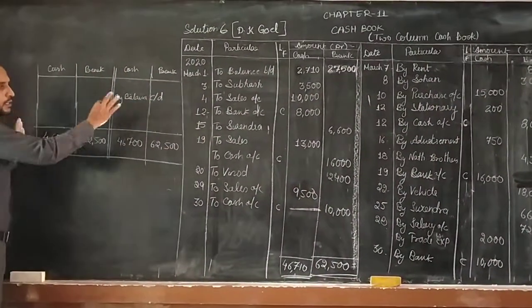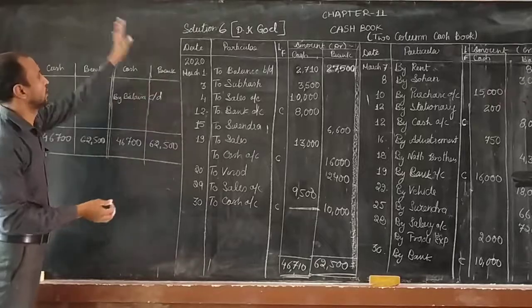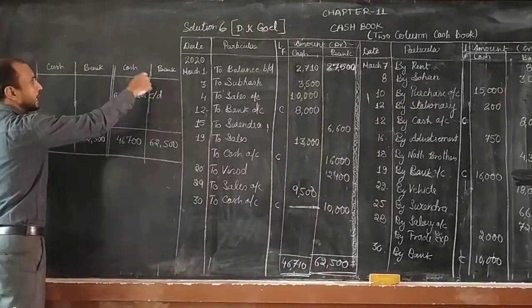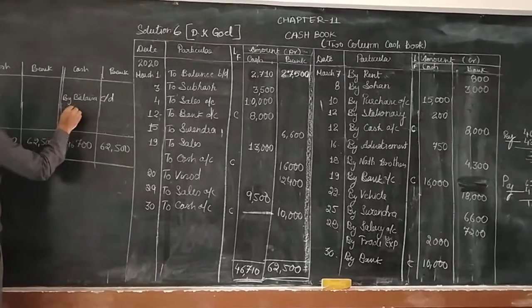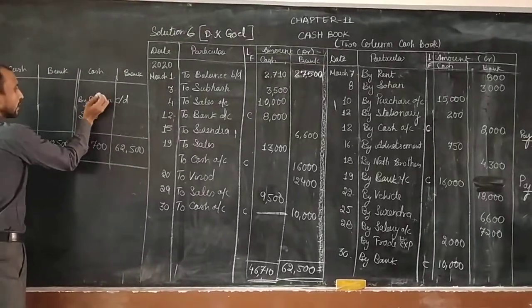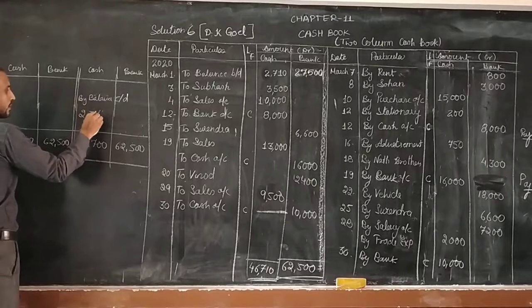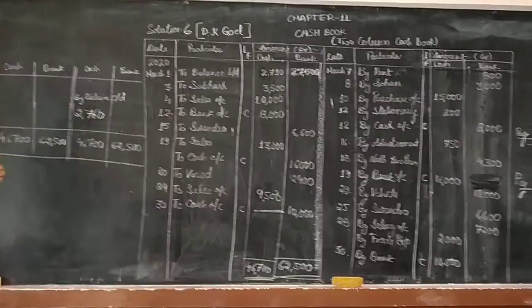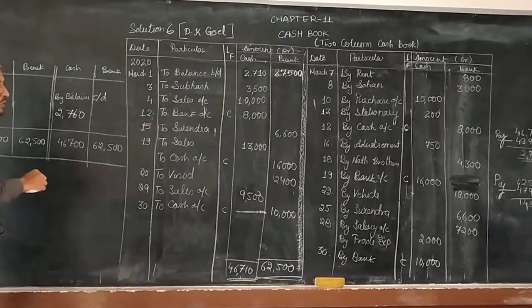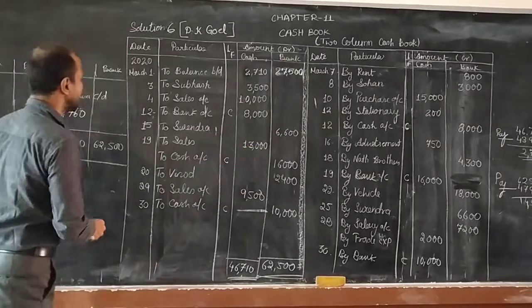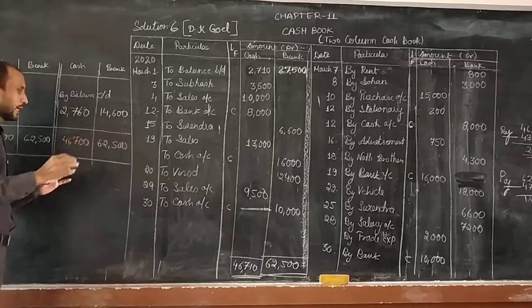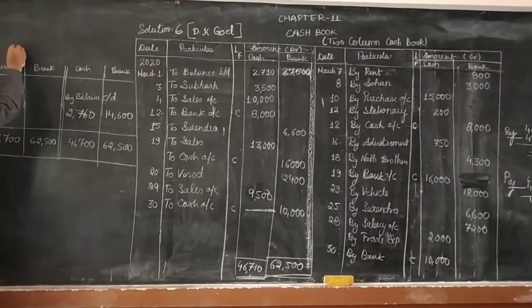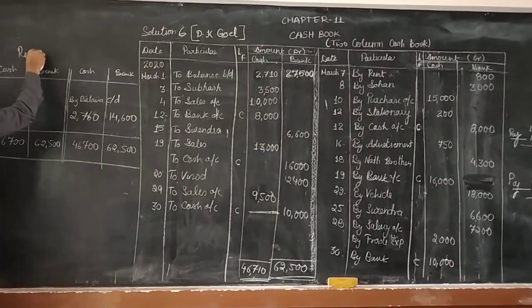I have drawn it. So you just imagine it. It is on the top of this. So here the balance carried down for the cash is going to be 27,000. Correction, 2,760. It is clear? And the next we are having here, that is of your 14,600. So it is of your 14,600.